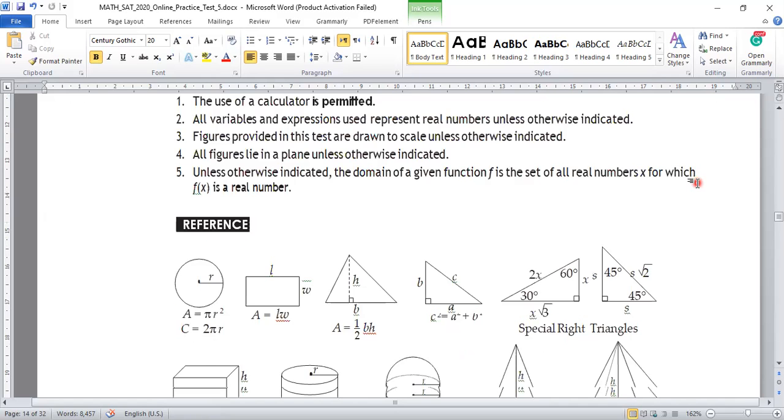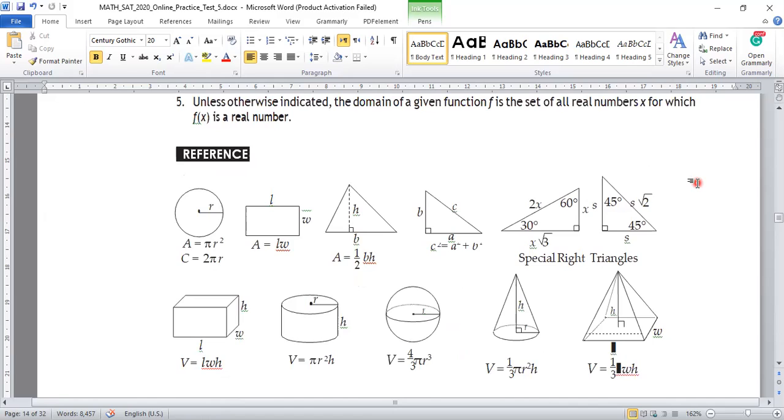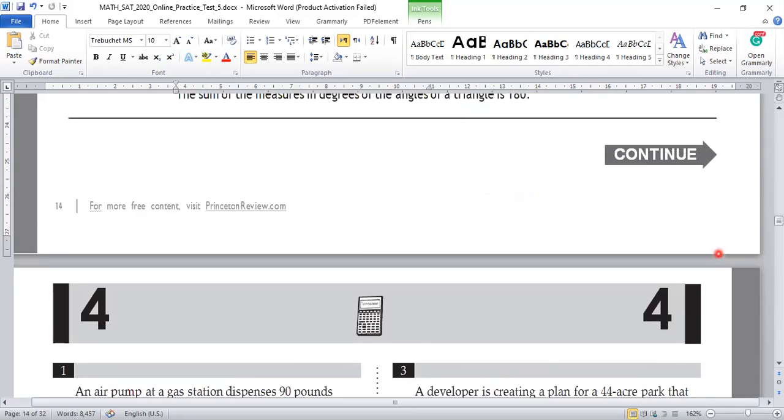So don't worry, we will not cover all these questions. Once again, all these geometrical figures are there. Whenever you are looking for any formula, you can go to your question sheets and get the formula. So the first is,